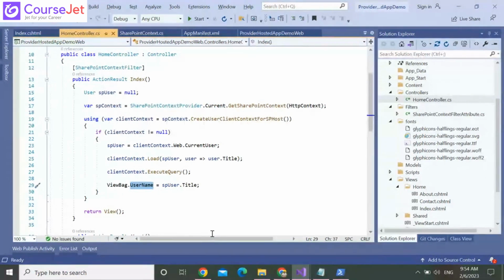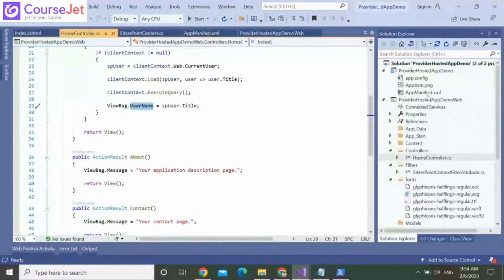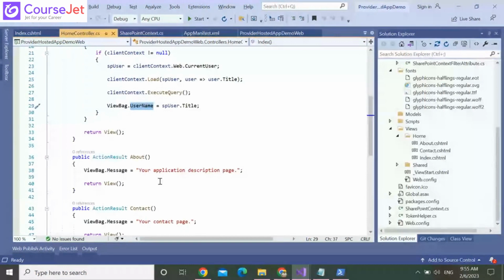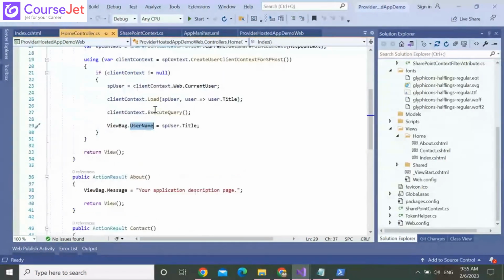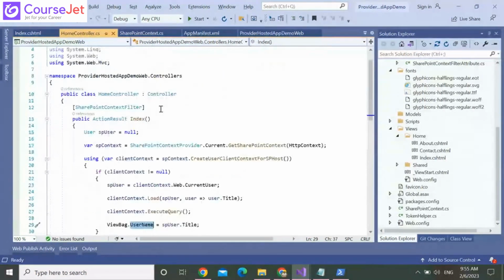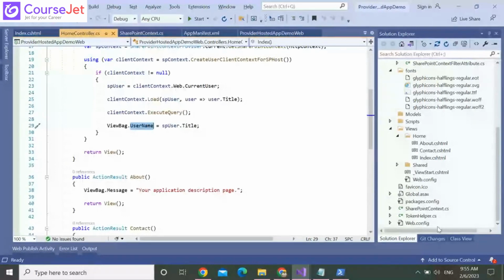and for provider hosted apps, majorly they will ask about the AppManifest.xml, what is SPHostWeb, SPAppWeb, what is app web, host web, how we grant permission, what are client ID and client secret, what is a high trust app, a low trust app, what is the differentiation, and how we deploy the package. Okay,